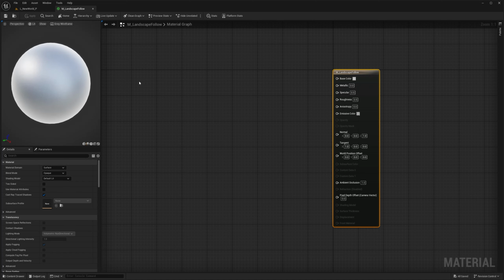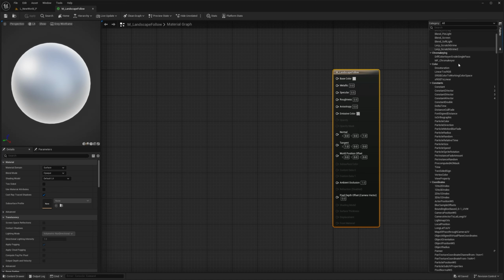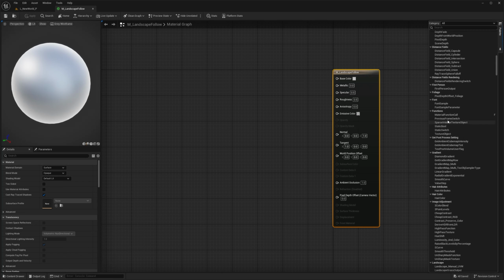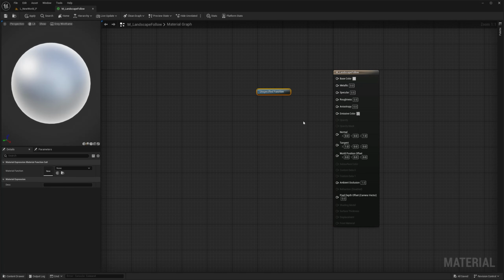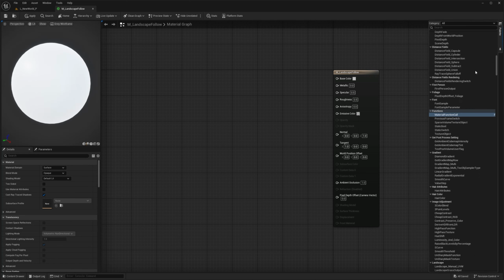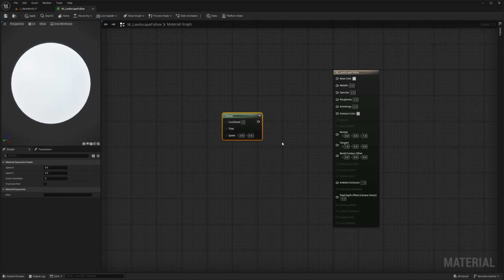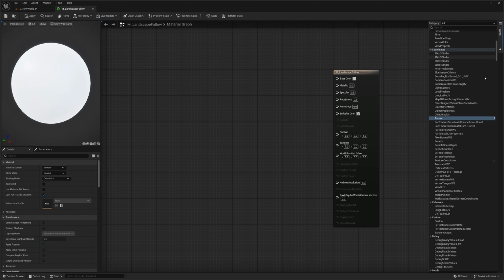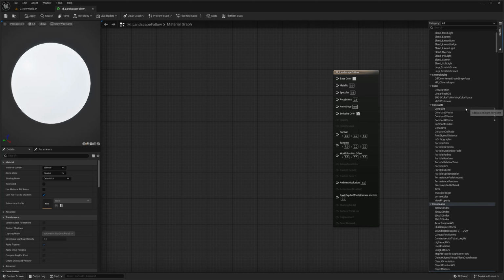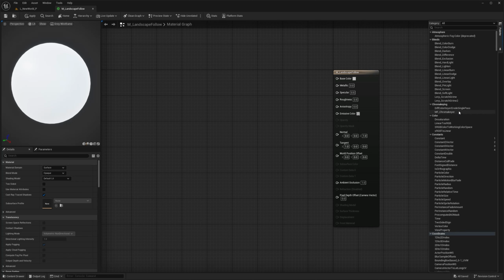This is super useful. On your right here, you have something called the palette, which is essentially all the possible things that you can put inside this material graph. So I can just go here, click and drag, and then, whoops, I don't know what happened there. You did not see that. I can just drag a panner. There you go. And then that's a node that I can use. And notice a lot of this stuff has a key beside it. That's a good indication that that's something that's used often. That's why there is a hotkey for it.